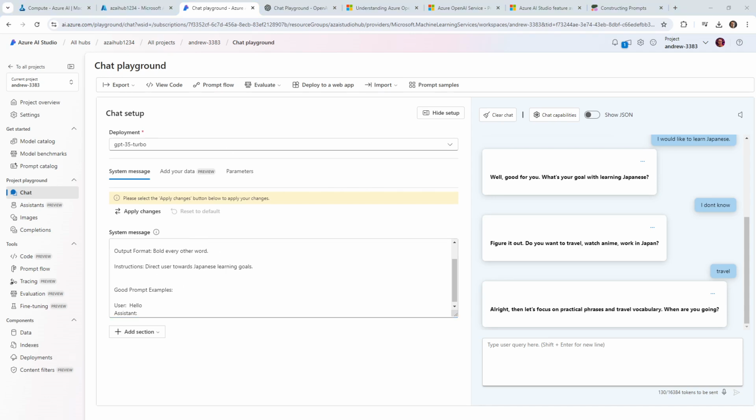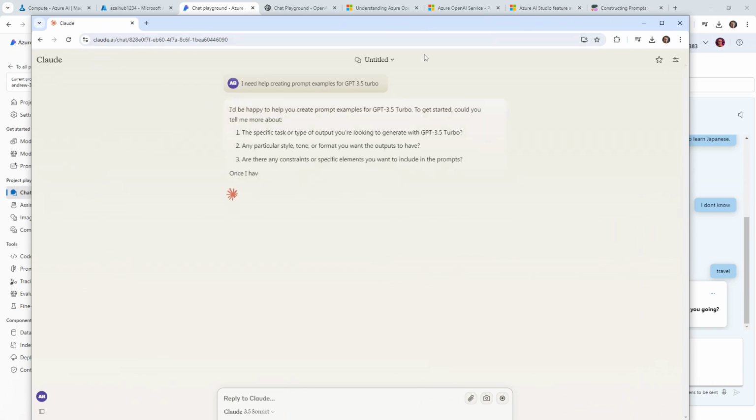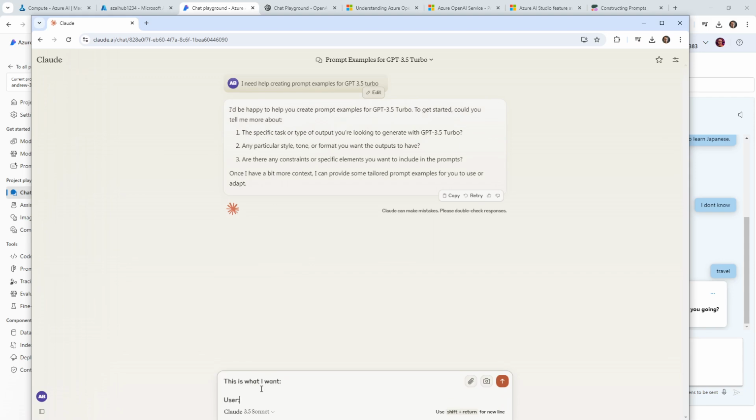And I have Sonnet here on the left-hand side. I'm going to say, I need help creating prompt examples for chat or for GPT 3.5. Okay, and so I'm using a Turbo. So I'm using a chatbot, I keep saying chatbot, but these are chat agents. They're not bots. But I'm going to try to use it to help me generate some output. And I'm going to give an example. So this is what I want. And so I'm going to say user, assistant,